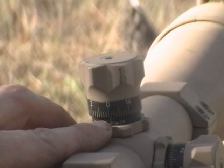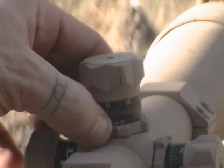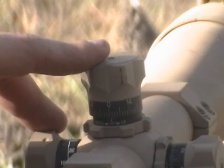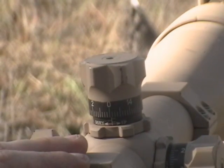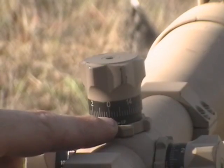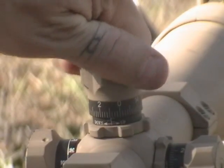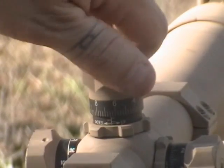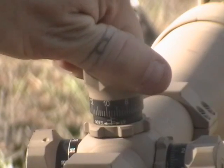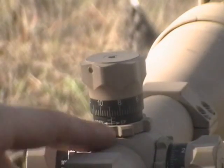And essentially what you're doing is re-zeroing your rifle to the target you're going to shoot at. For this particular rifle with this particular load, at 600 yards, I have 9 minute of angle of drop. Each number represents a minute of angle. So if I go to this line, that's 1 minute of angle. This is 2. Now if I come over here and spin to this line right here, which is in between the 8 and 10, I'm at 9 minute of angle of